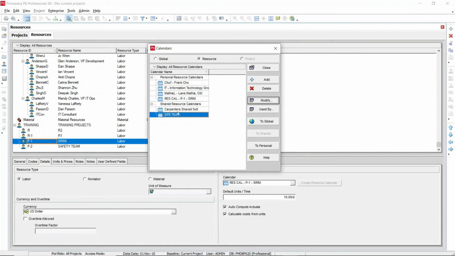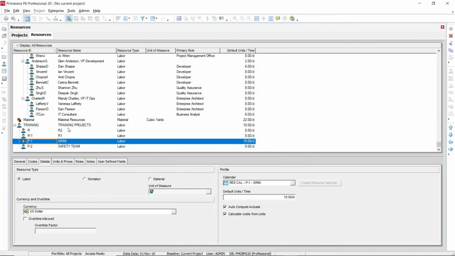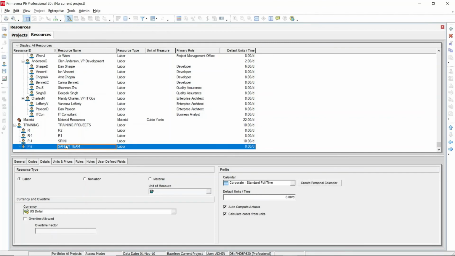So how can you apply these calendars? You can just close this dialog box. After you close it, you need to go to the resources window. First we will see how to apply the shared resource calendar. Go to the bottom layout's detailed tab. In the detailed tab you can find the calendar option. This particular resource has the corporate standard full time calendar, chosen from the global calendar.